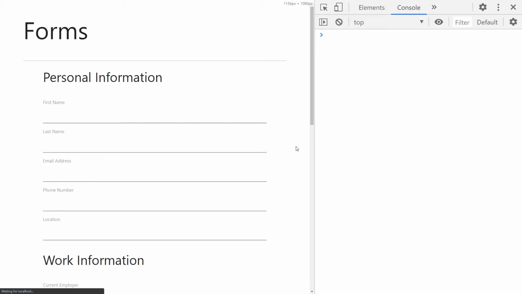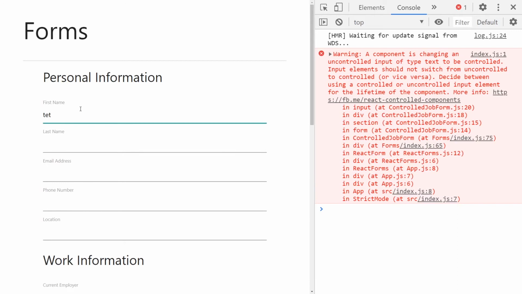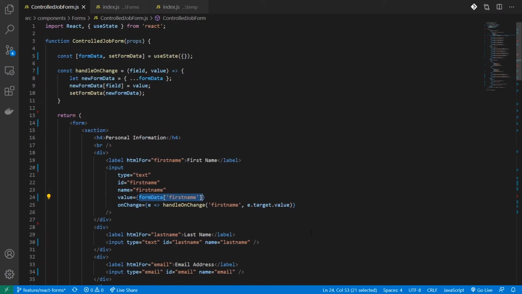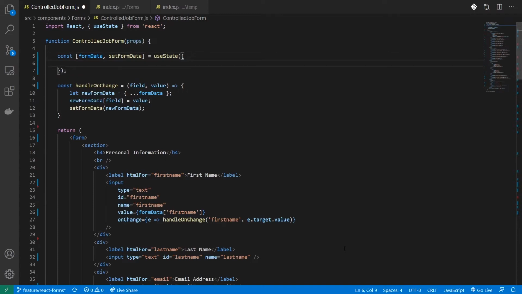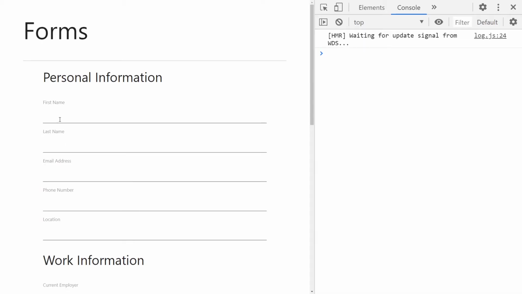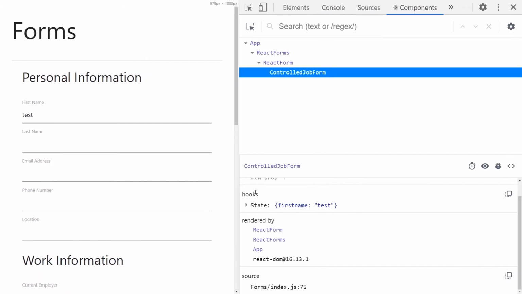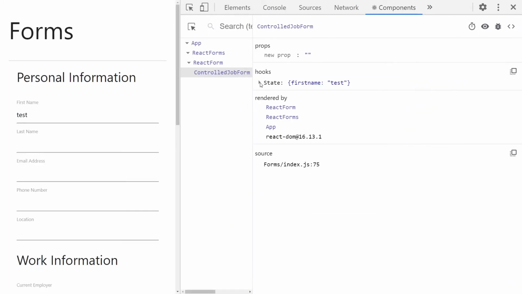Let's check it. Whenever I enter my data, I can see my data is getting updated, but I also get an error that says I'm trying to convert an uncontrolled component. That's because for my value attribute, for the first render, undefined is assigned to the value. In order to fix that, I can just add an initial value for my state. I'll call it firstName and assign it an empty string, and it should work fine. I can go to my dev tools and check my state variable getting updated. There you go, firstName.